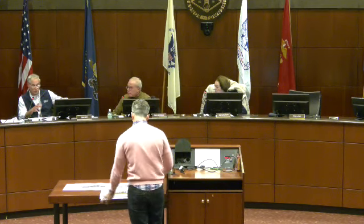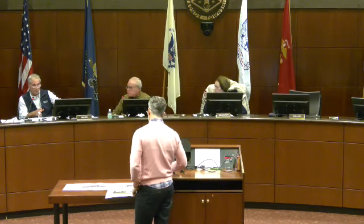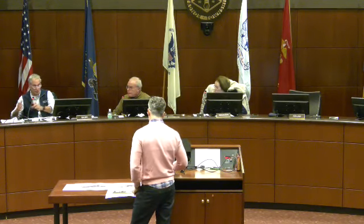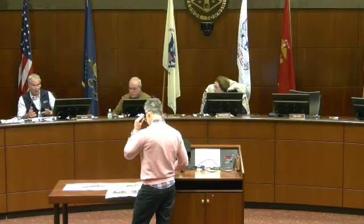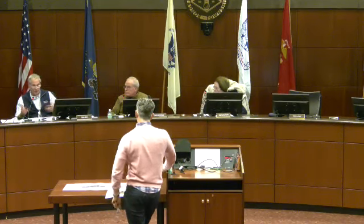The house next door, their stable was turned into a two-car garage but detached. And the house on the other side has a detached garage. The large house across the street has a detached garage. This would be the only attached garage and not in kind of the pattern of development for that existing historical